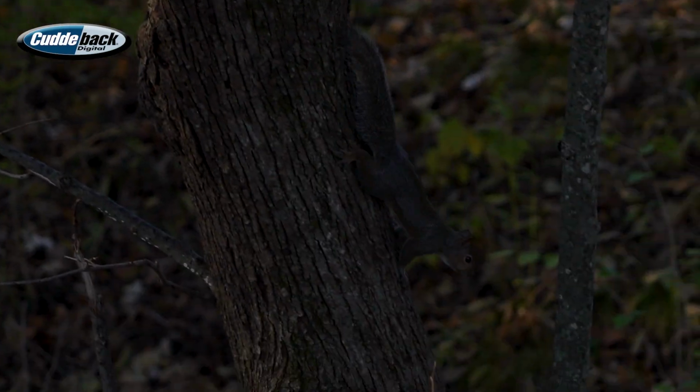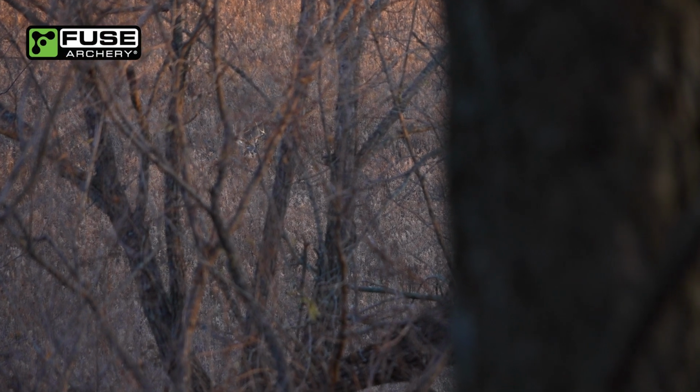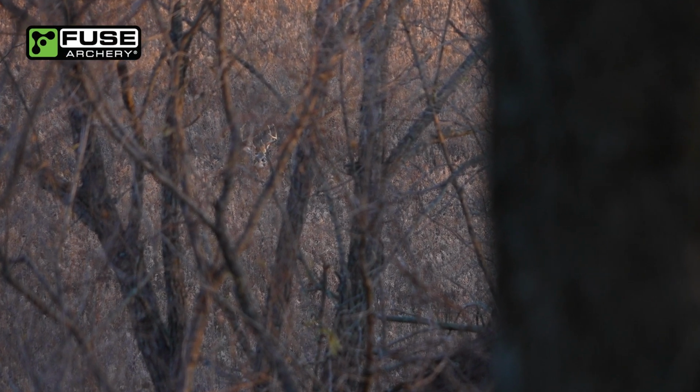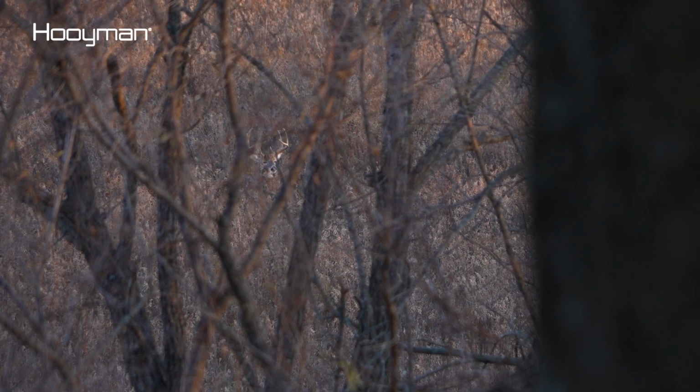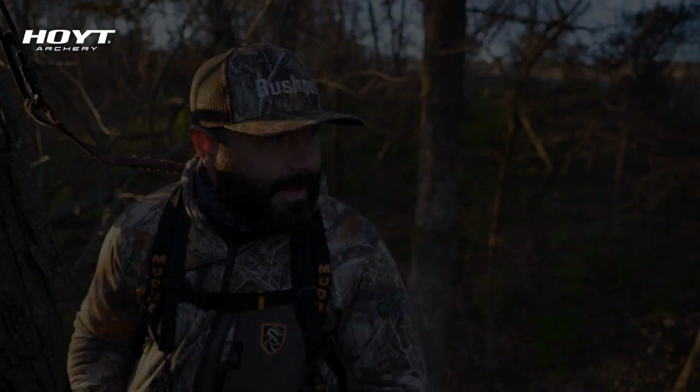We've seen one deer so far, and that's Big Mac. And he actually came, I don't know where he came from. I think he might have come from across the road, but he's in the CRP right here behind us. He's probably 80 yards away. He just bedded down. All we could see was his head when he was walking. Pretty cool to see him